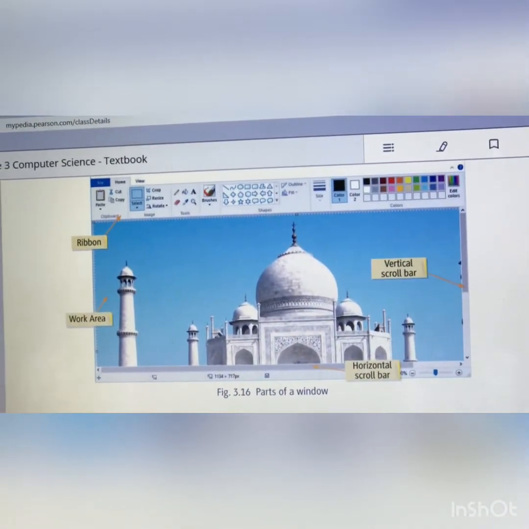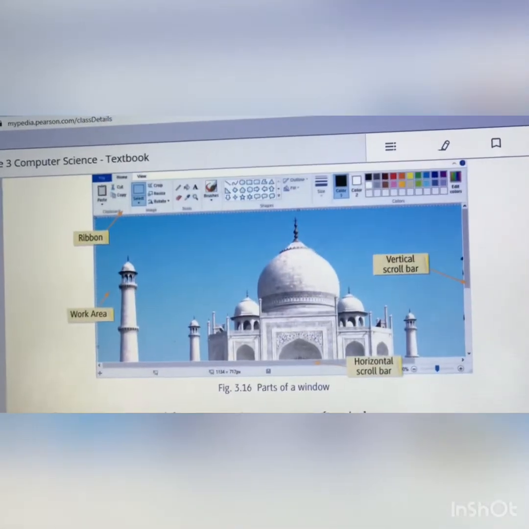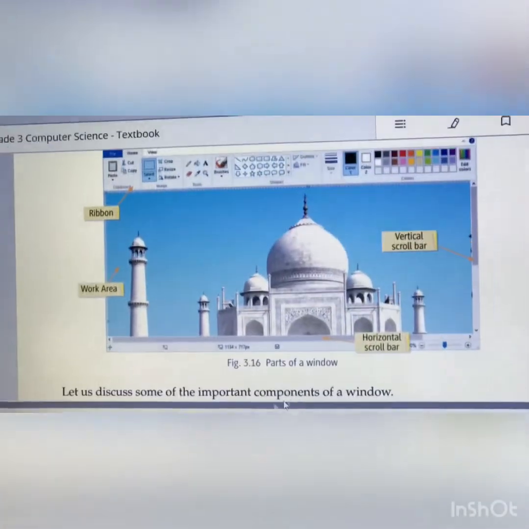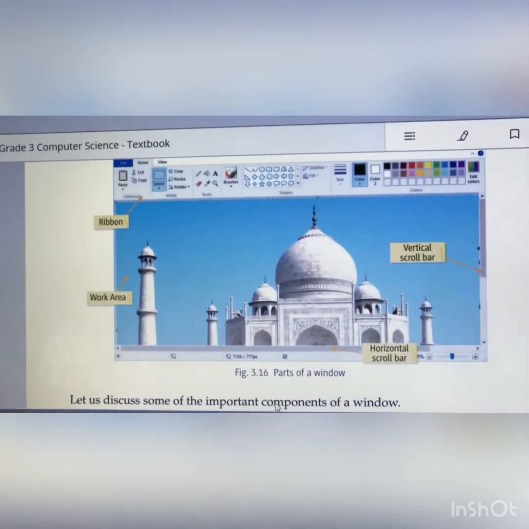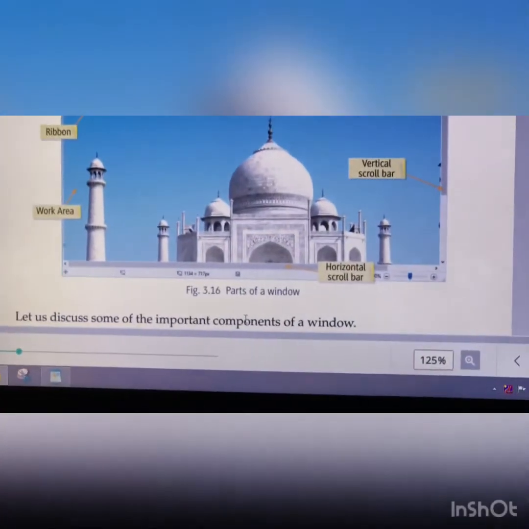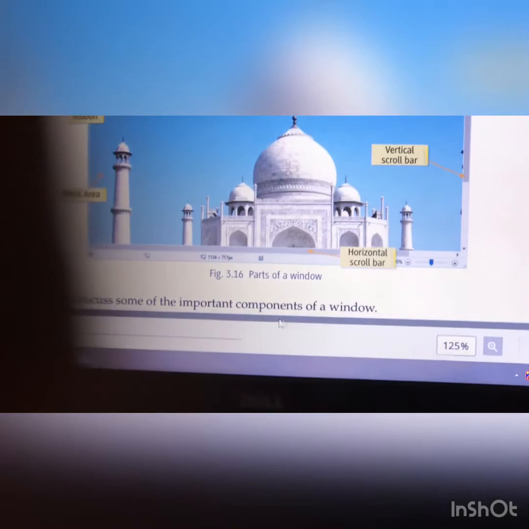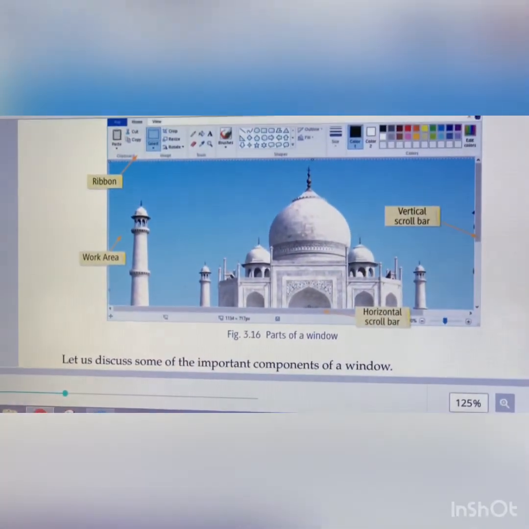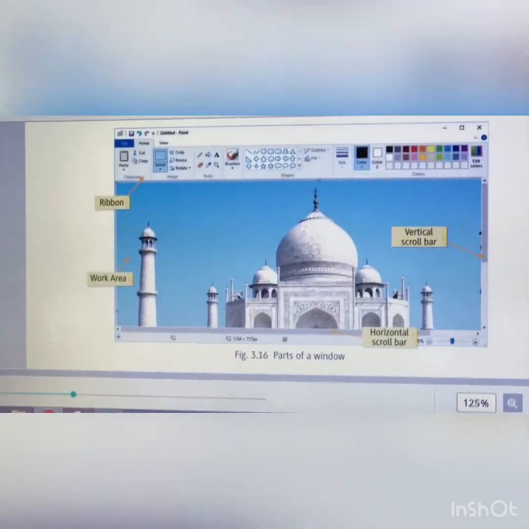Scroll bars are horizontal and vertical. So these two types of bars are there, vertical and horizontal.